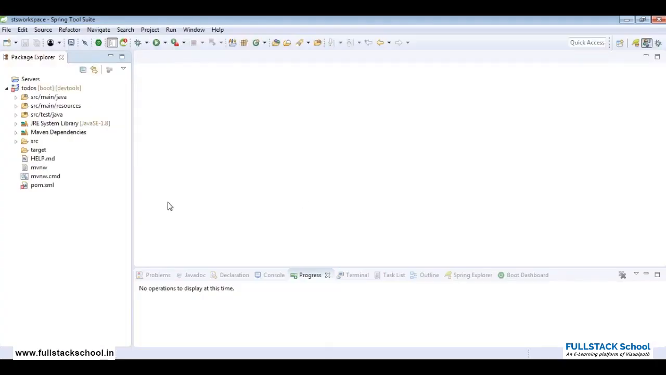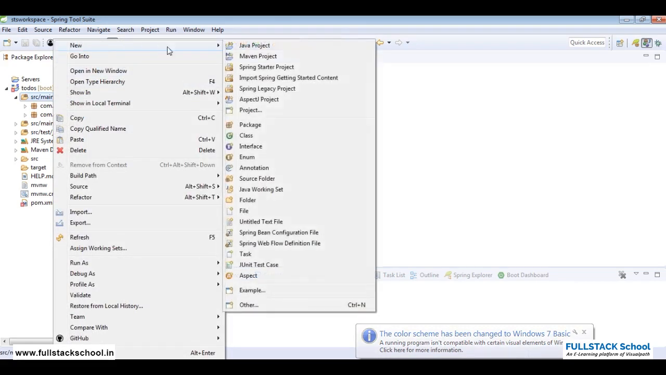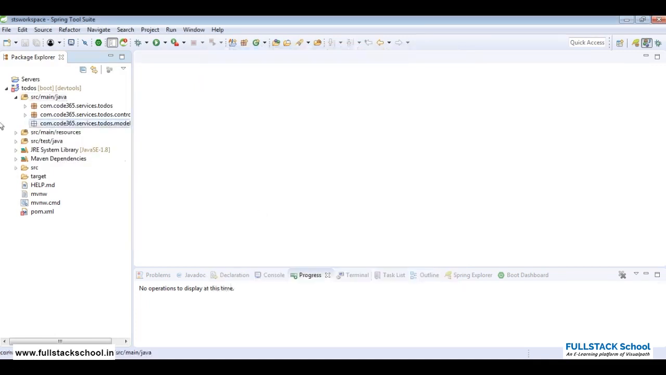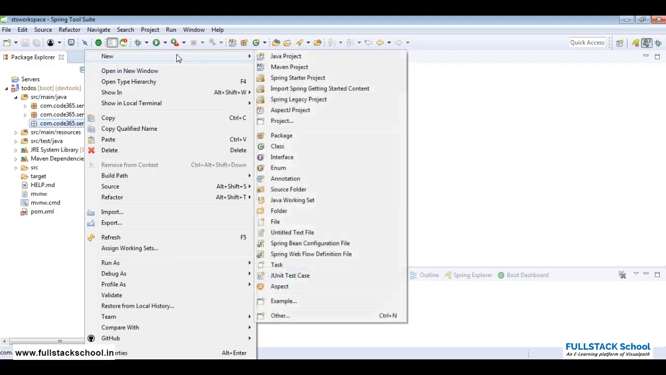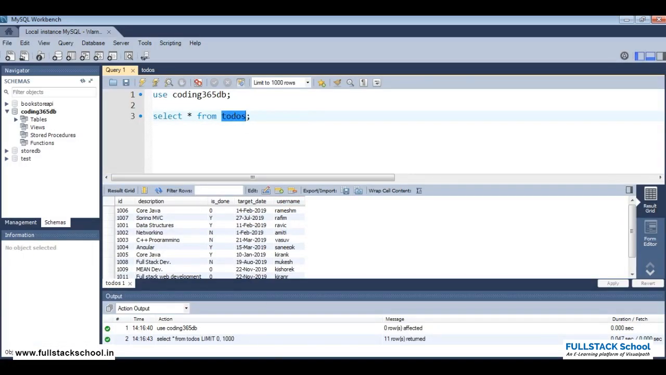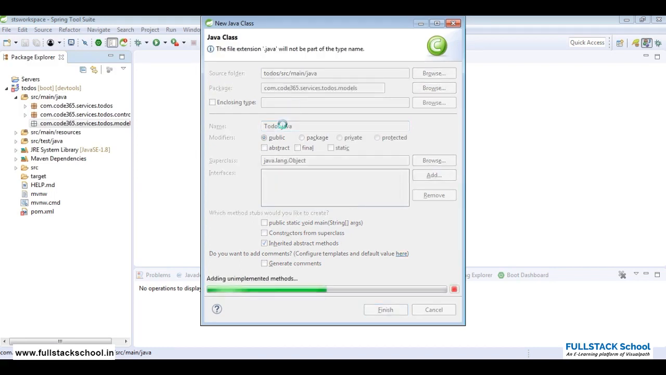So let's start our project, the web service, by creating an entity. For that we need to create a similar package. So right click on it, create a new package and give the entire path, com.code365.services.todos. We say model, and then you finish it and create a class. So new class, and make sure you give the same name as the table, Todos. So you say Todos.java. So this is our class,